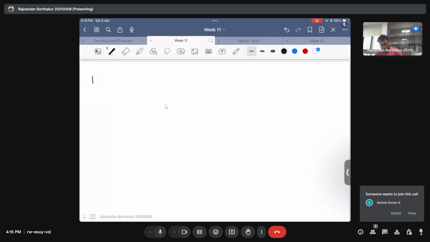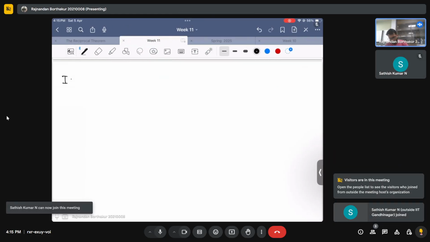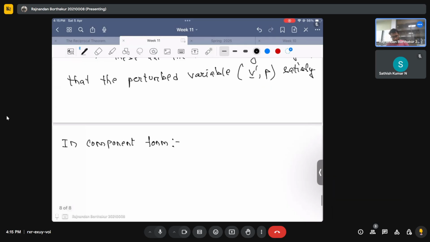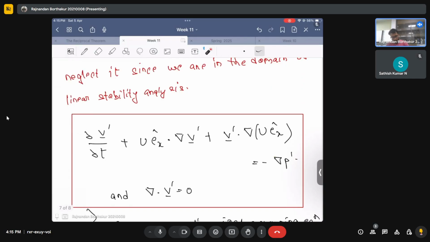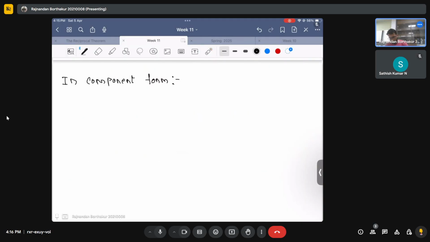If you want to write the equations that the perturbations satisfy, this is the vector equation, and of course this is the continuity equation, a scalar equation. If you want to write this vector equation in component form, you can show that your x component